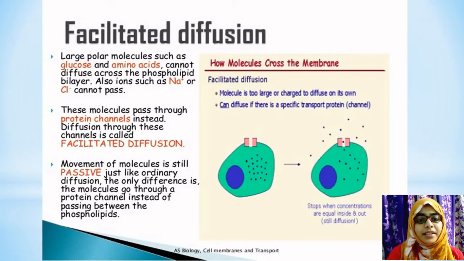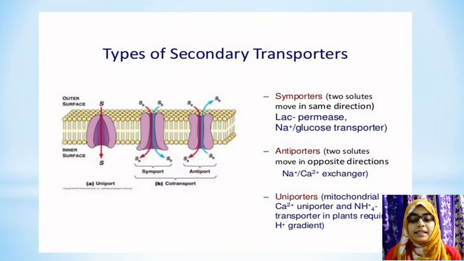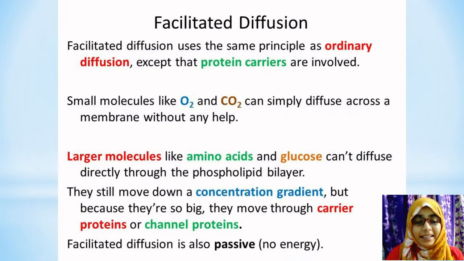Next, we discussed facilitated diffusion, that is, the use of carrier proteins or certain substances as facilitators for the movement of substances from higher concentration to lower concentration in a passive diffusion. It is also a passive transport without the use of energy. Instead of energy, we use carrier proteins. We also discussed symporters, antiporters and uniporters, and factors affecting facilitated diffusion, such as large molecules, proteins, channel proteins, etc.